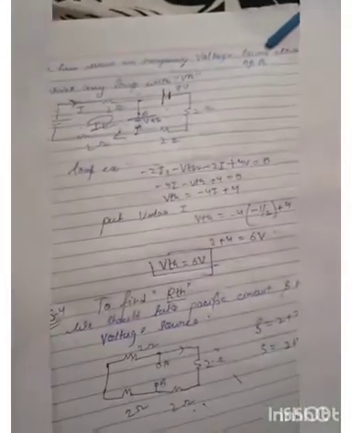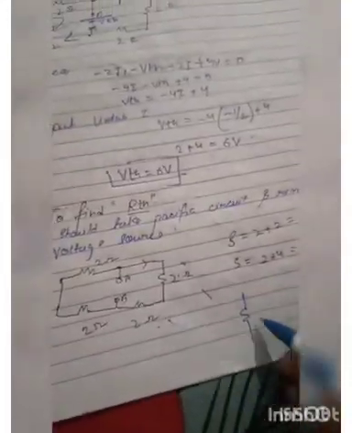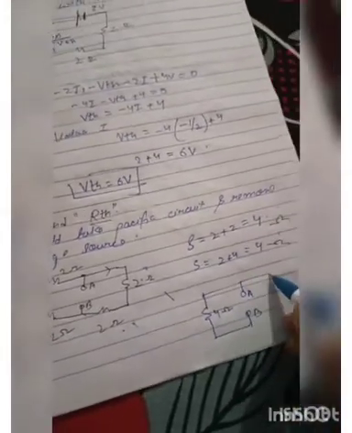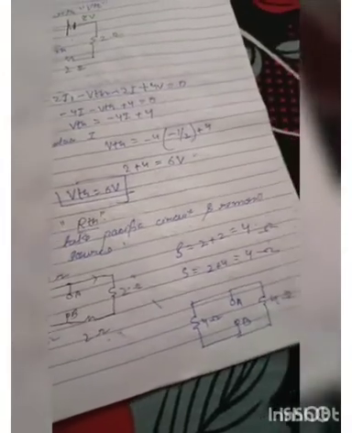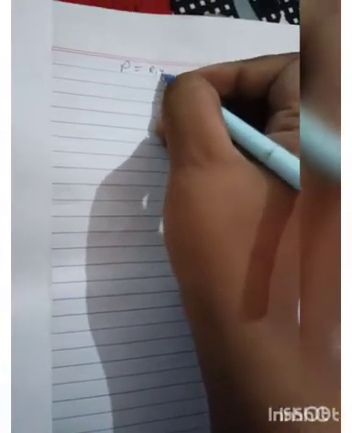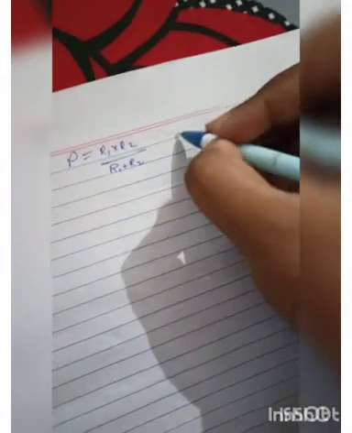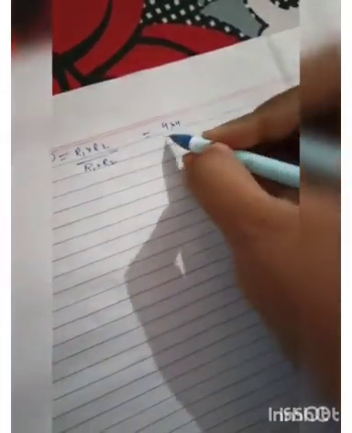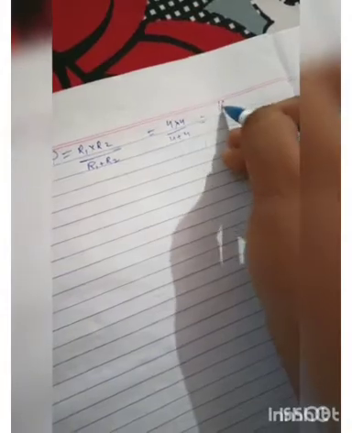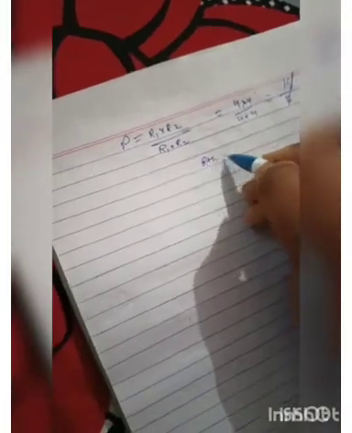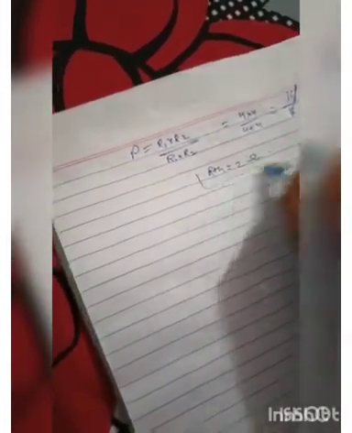We get 4 ohm and 4 ohm, so our circuit became 4 ohm, A, B, and here 4 ohm. Now these 4 and these 4 are in parallel. Now we should calculate that parallel. It means R1 into R2 by R1 plus R2, that is 4 into 4 by 4 plus 4, that is 16 by 8, we get 2. It means that RTH is equal to 2 ohm.